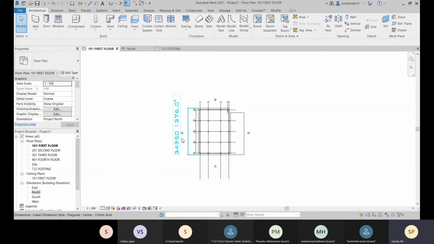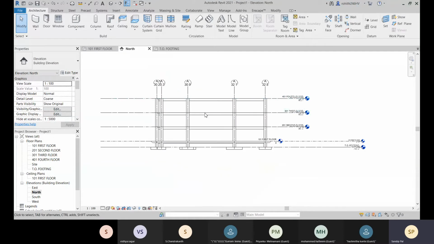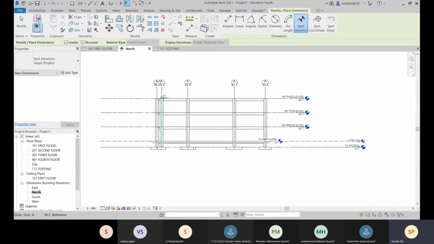so like this you can place all your dimension styles over there. So this is about your linear dimension style, and you can also change like this. If you are going with this spot coordinate over there, like this.